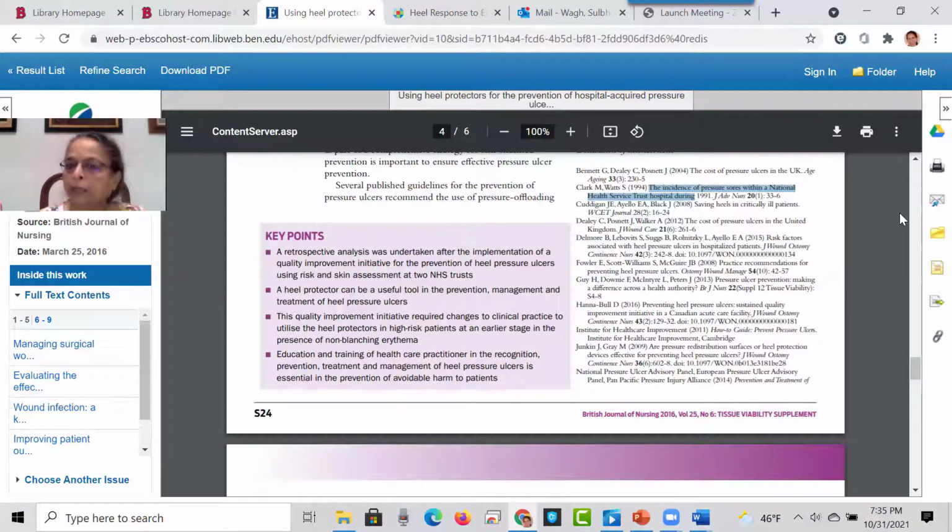So with one article, you're going forward in time, right? From 1994 to 2021, you get more records which are more current. And then with these references that are all here, you're recycling your search backwards and forwards. So with one article, you can have an expanded search on the topic. Just remember that. And if you have any questions, you can always call me at